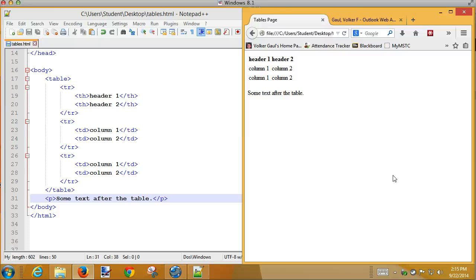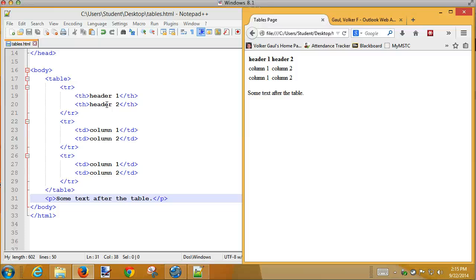So that's the basic structure. Headers, usually the TH tags, are the first row in your table. There's no rule that says that. If you want stuff at the bottom of the table that's centered in bold, totals maybe, you could use TH tags for that. But again, the tags are supposed to imply some meaning, like TH is header. So if I wanted bold totals down at the bottom, why don't I just format those cells as bold instead of calling them THs? TH is supposed to designate some kind of